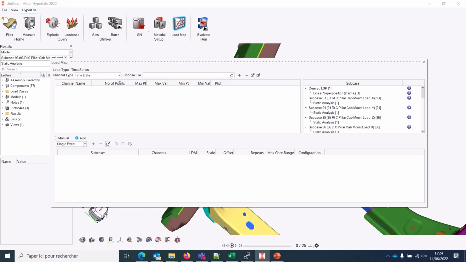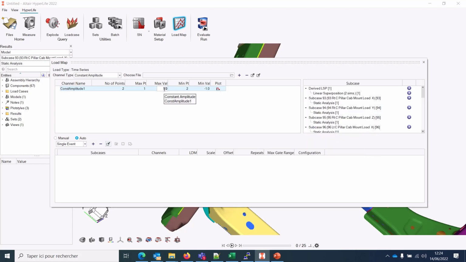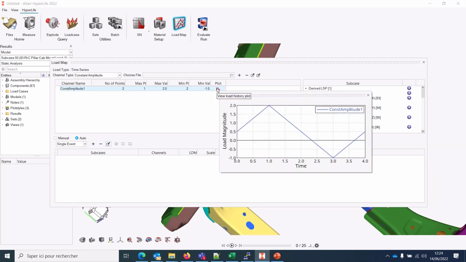So here you have different ways of implementing your curves. For example, you can simply make some constant amplitude loading. Constant amplitude means I will cycle with a constant amplitude. So here, for example, +1, -1. Of course, I can scale those values. So instead of +1, -1, I can make +2, -1, and yeah, you can scale this value